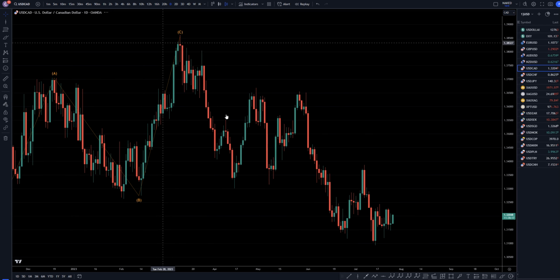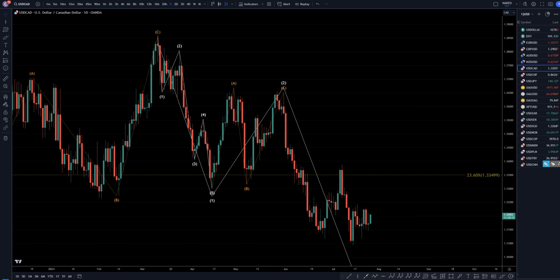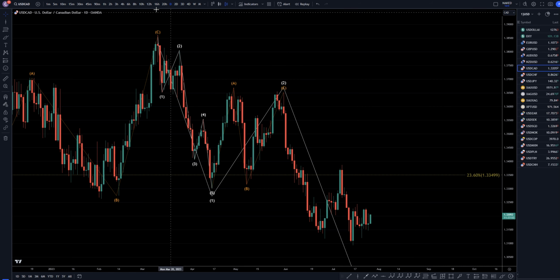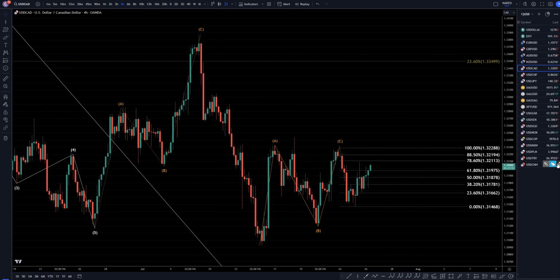Let's head down to the daily time frame. Daily time frame, I still think that this move down is probably like a 1 of 3, because I think this is a 1 and a 2 right here, so this would be a 1 of 3. This is probably a 2 of 3. I think that anything we see to the upside is going to be nothing more than a correction to the downtrend and all part of a big wave 3, like a subdivision of a much larger wave 3 on the longer time frames. So let's keep going down to the 4 hour time frame.